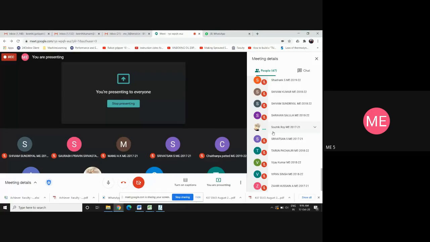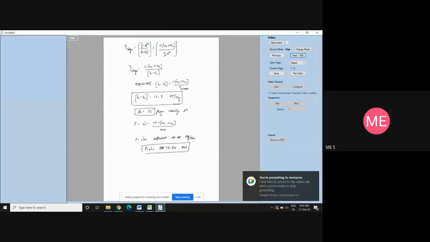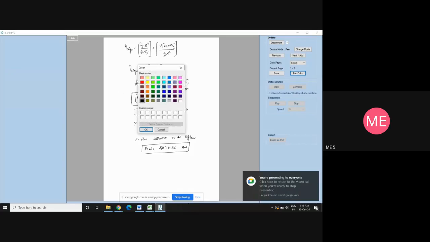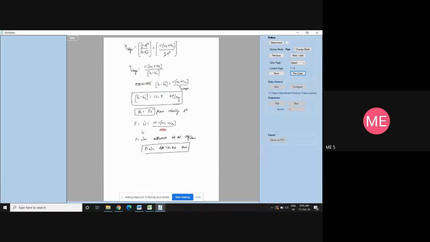No. See, here, for others also I'm telling this. If I do not divide by 1,000, I'll get the answer as 10.36 into 10 to the power of 3 watts. P is equal to W dot is equal to watts. This 1,000 that I'm doing here is only for converting watts into kilowatts. In my textbook, I have not divided by 1,000. You can check that. There I have written in watts as well as kilowatts, both.